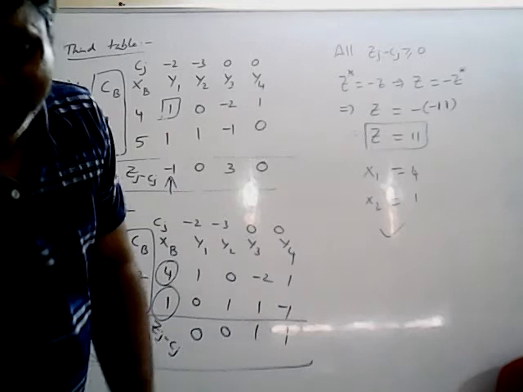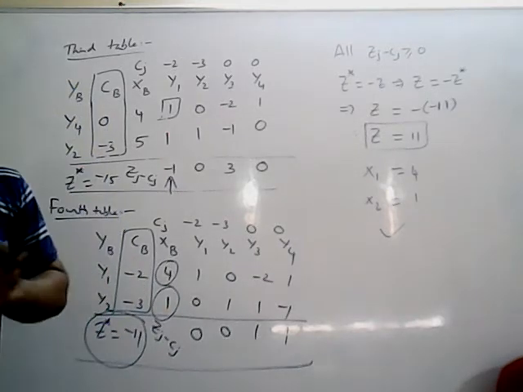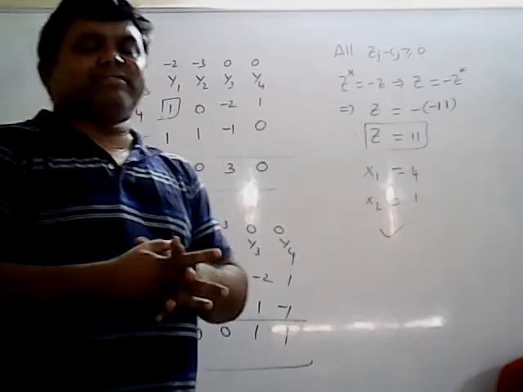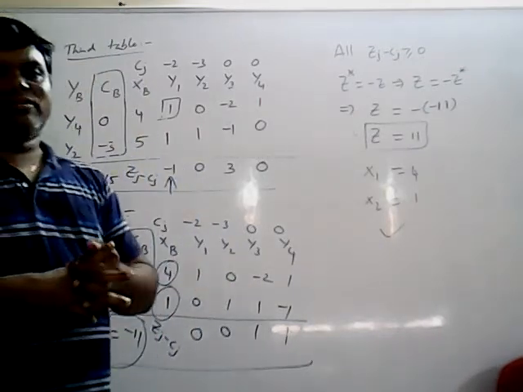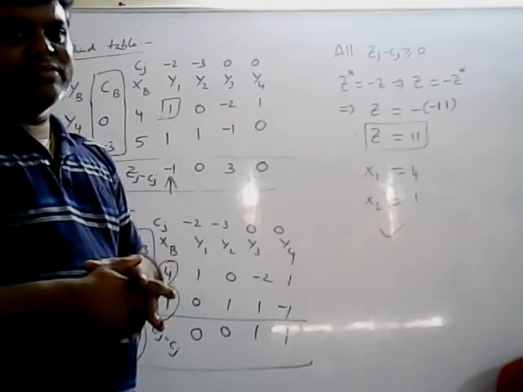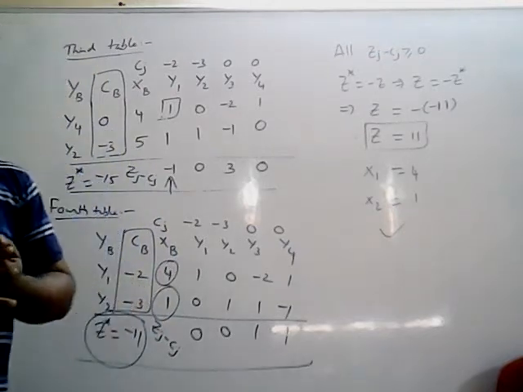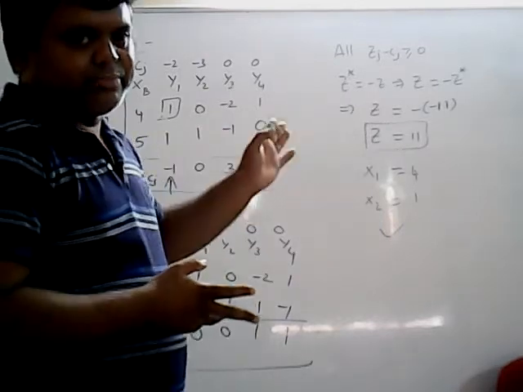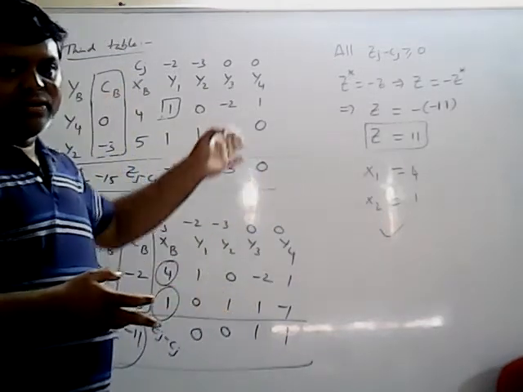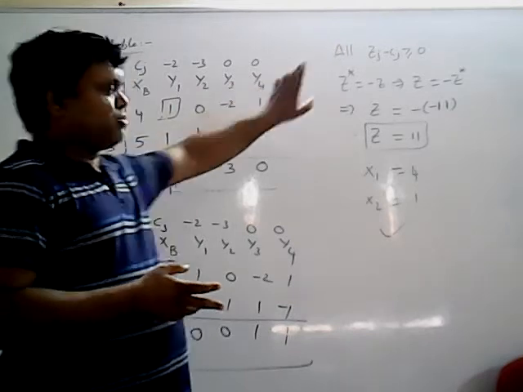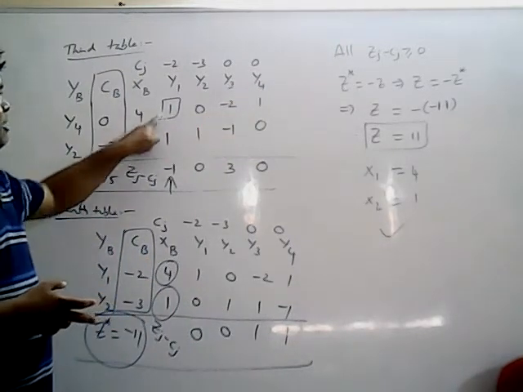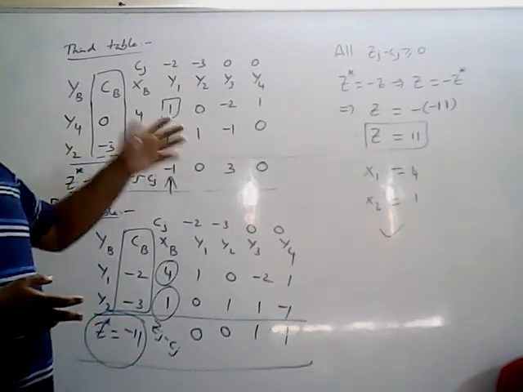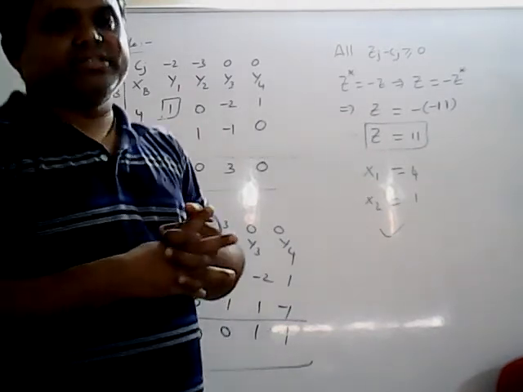So this is similar to simplex method only. The only thing is in terms of M's you will get, because in big M method artificial variables will be used, and the artificial variable coefficient value will take -M. So that way in terms of -M you will get, and then the procedure is same. Up to what level you have to repeat the procedure until you get all Zj minus Cj greater than equal to 0. Otherwise, there is an indication of unbounded solution: negative values are zeros, no positive exists. You have to repeat this procedure.